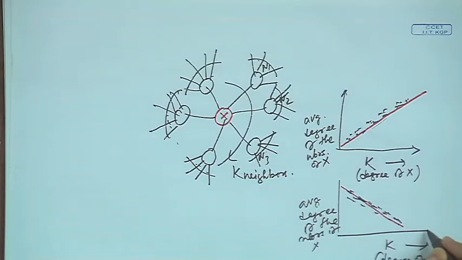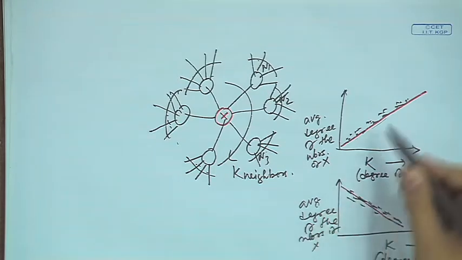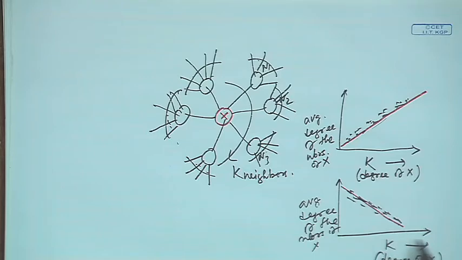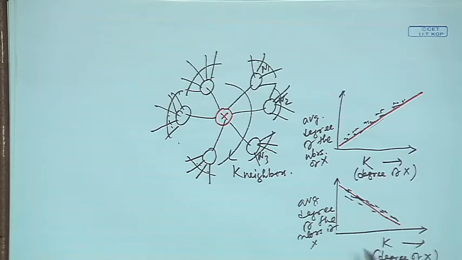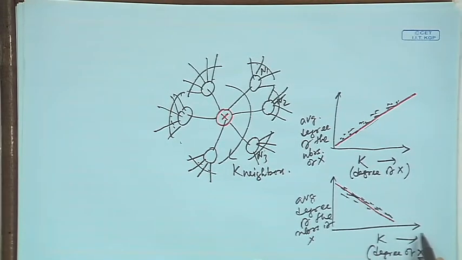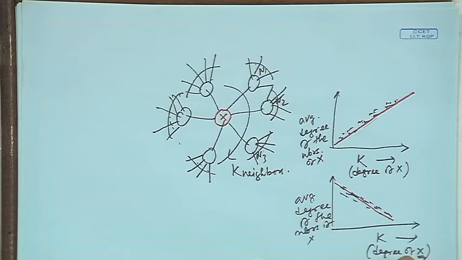Just to make things more clear, look at this diagram. In each of these plots, what we have plotted on the x axis is the degree of every node x in the network, and on the y axis we have plotted the average degree of the neighbors of each such node x in the network. That generates this plot. And now, looking at this plot and having this fit, this correlation analysis, you can immediately say whether this is an assortative network or a disassortative network, fine.